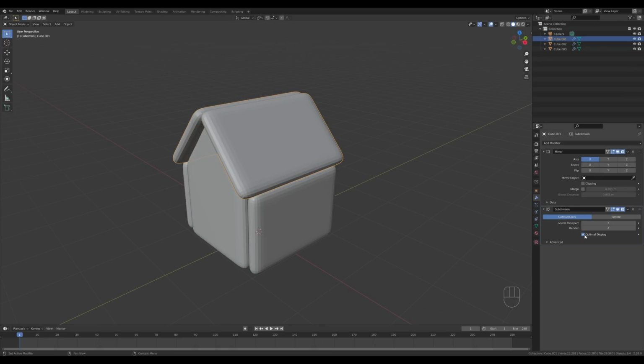Tab out, and now let's uncheck optimal display and let's have a look on the wireframe. I have it on a quick shortcuts here. You can find it in the overlays menu right there. And I think this will be enough for subdivision. I think even less would be fine, but let's try this one. Okay, so I'll disable the wireframe, and now let's right click, shade this smooth, and let's go to the modifiers